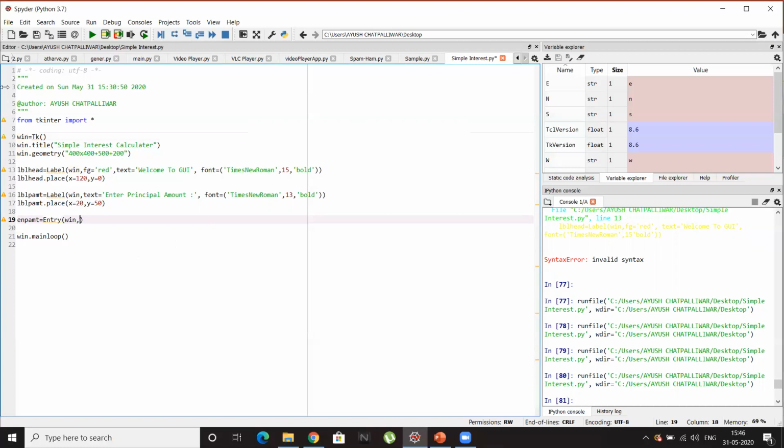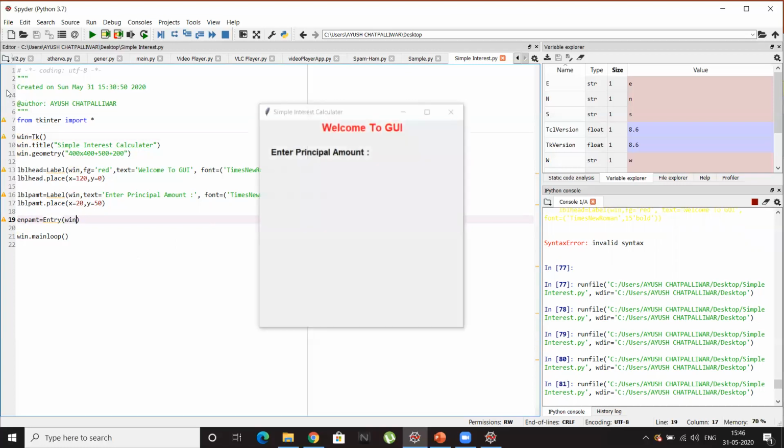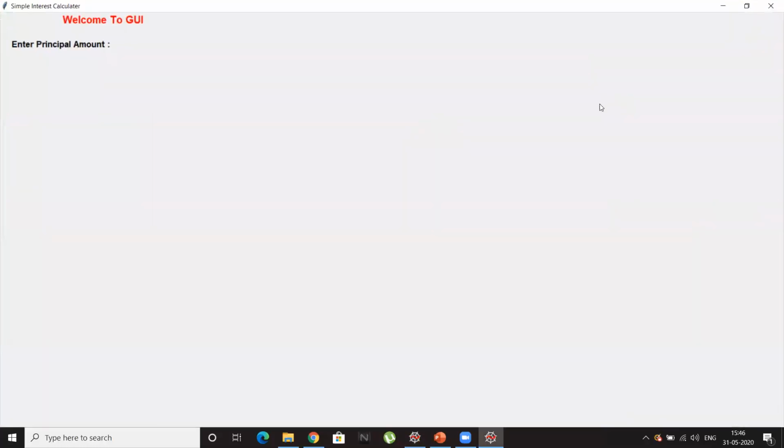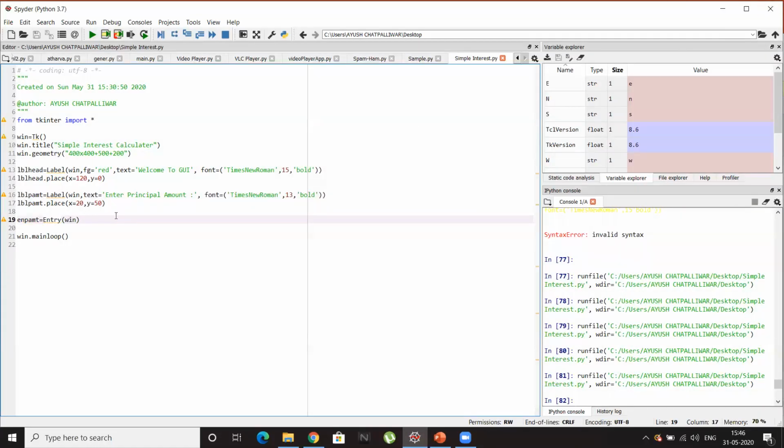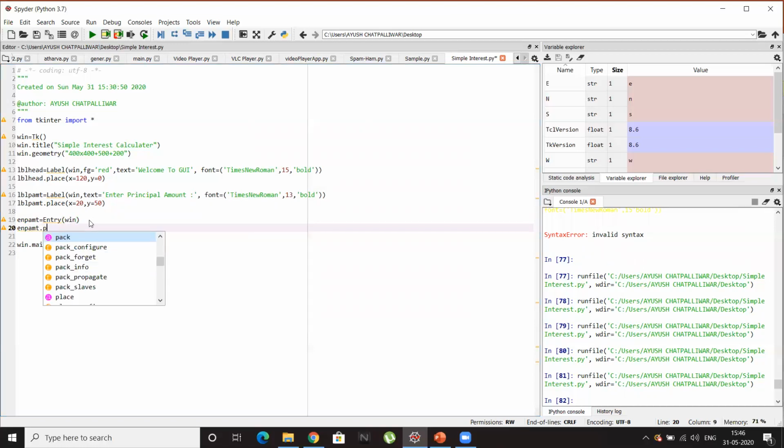So let's see if we get any entry box. No, because we haven't placed it here. Like here we have placed our labels, similarly we'll have to place our entry box. So to place an entry box, same command, enpamt dot place, and we'll give the x and y coordinates.